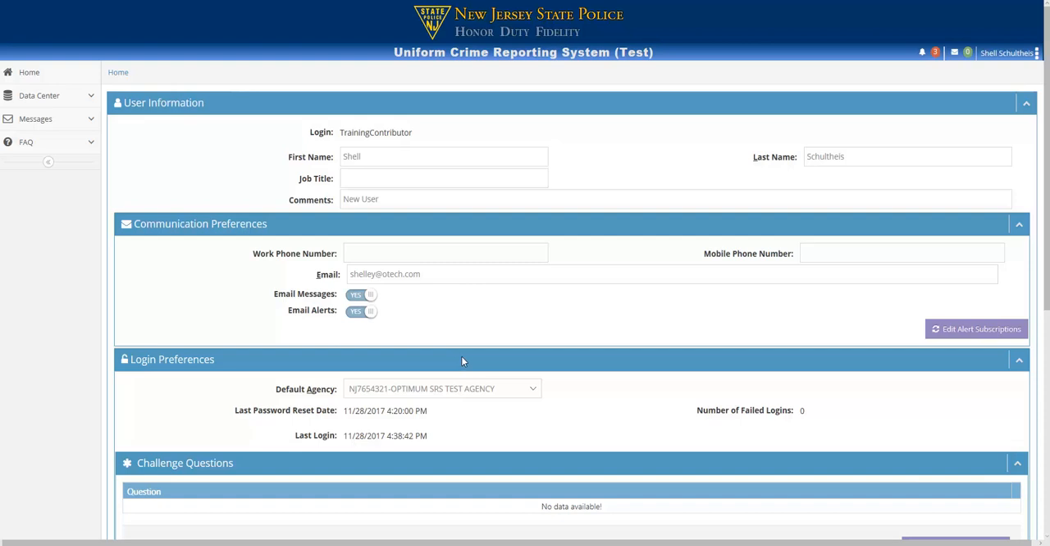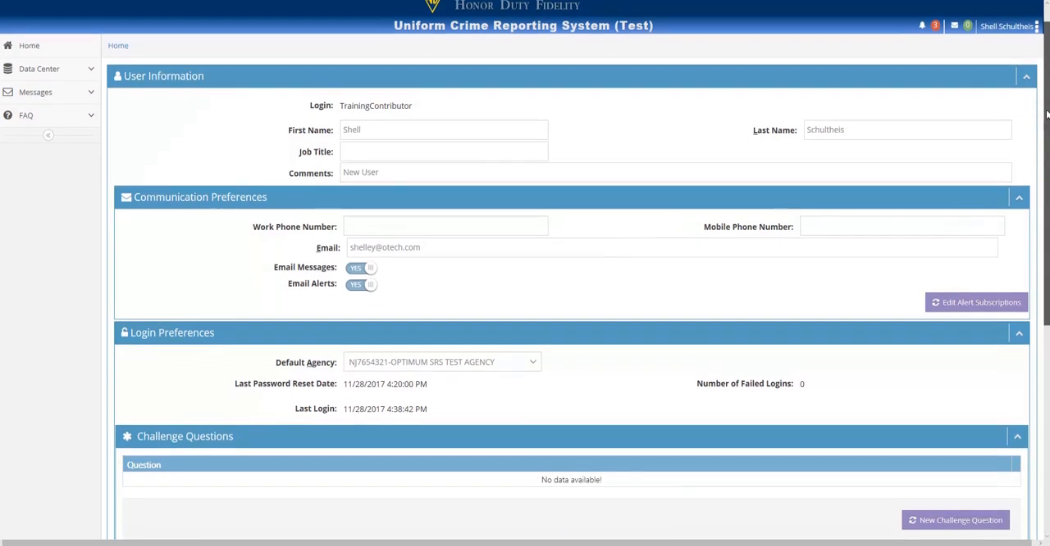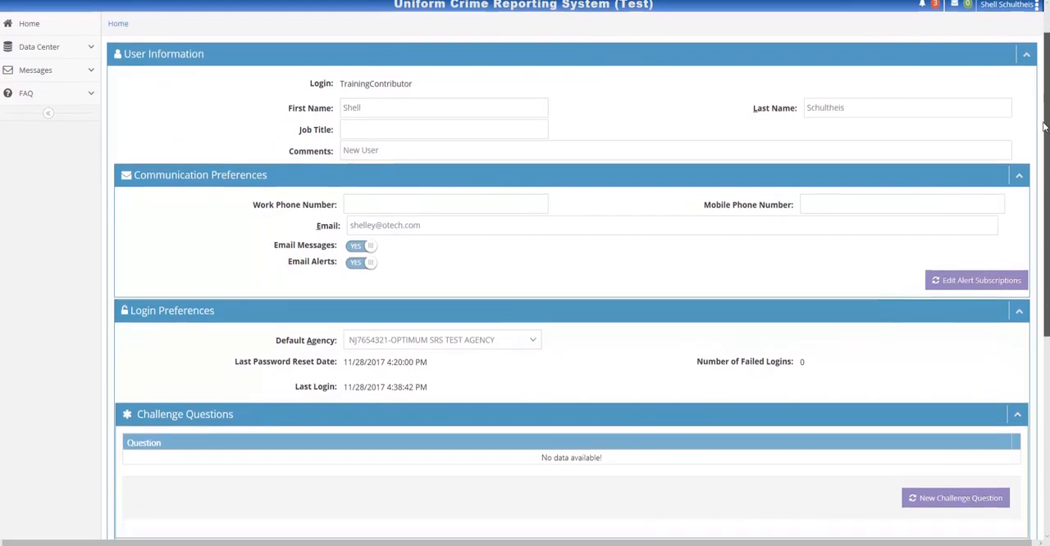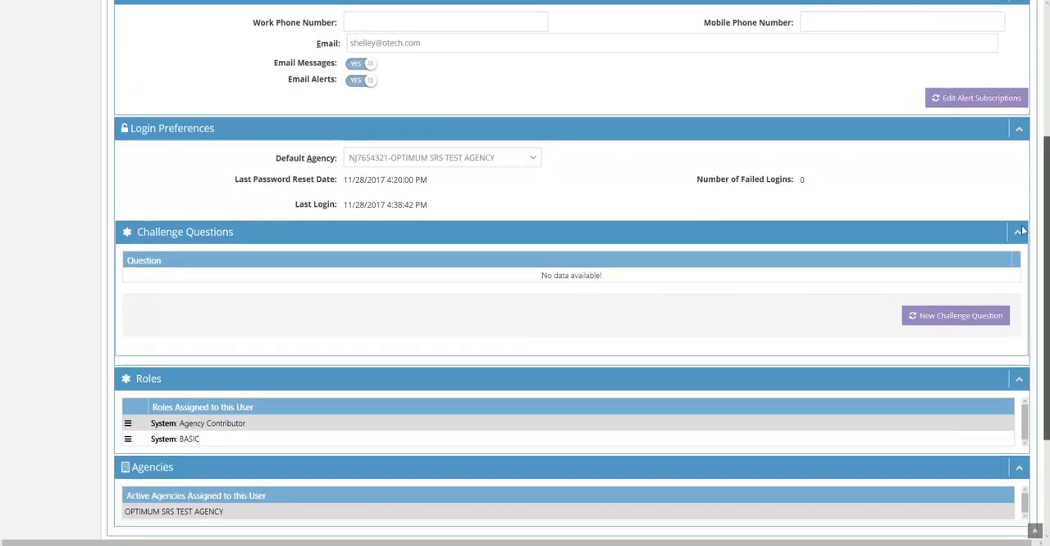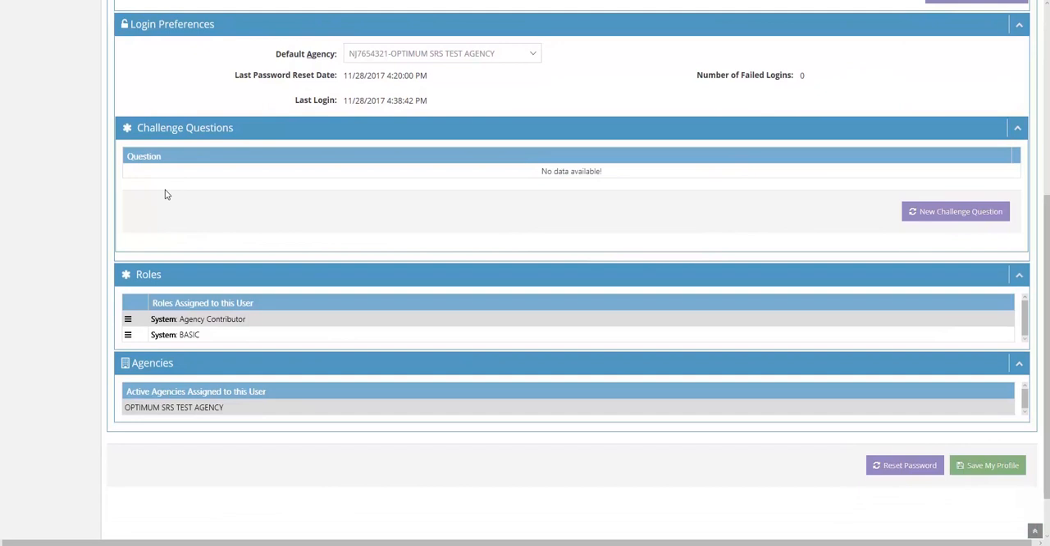So again, regardless of your role, you should set up a challenge question. Use your mouse, come to the right side, click the left button, and hold the gray scroll bar. Now scroll down to the challenge question section. Here it says no data available. That's because I haven't yet set up a challenge question. All I need to do is click the New Challenge Question button,